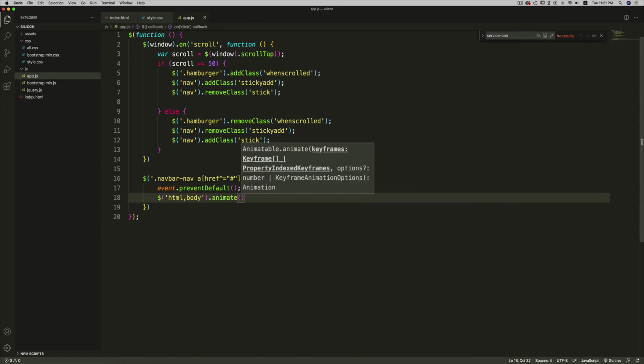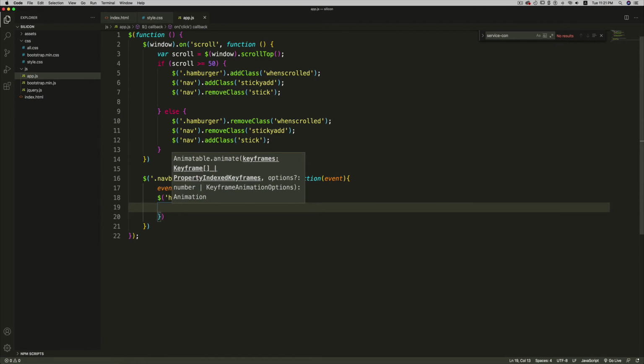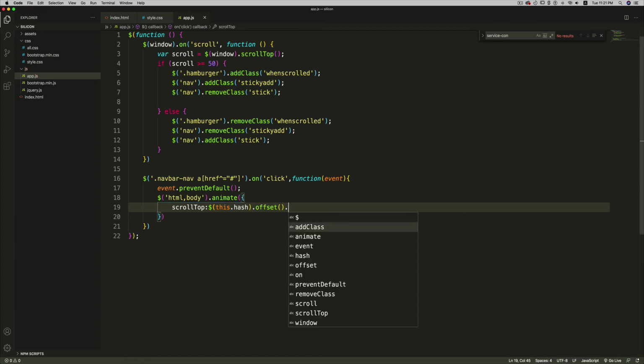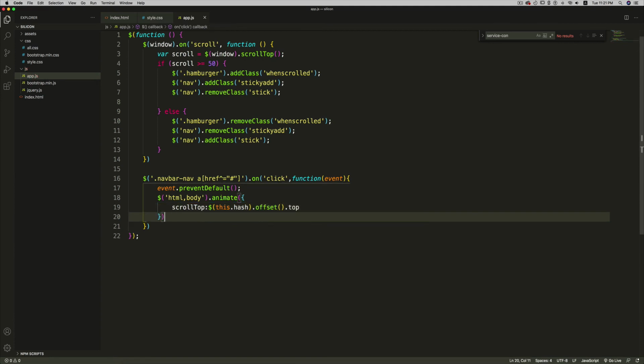So animate, and in here I'm going to animate the scroll top. So I'll write $, this dot hash offset, and I'll move it to top, and this I want to take place in 1 second. So I'll write 1000 millisecond.